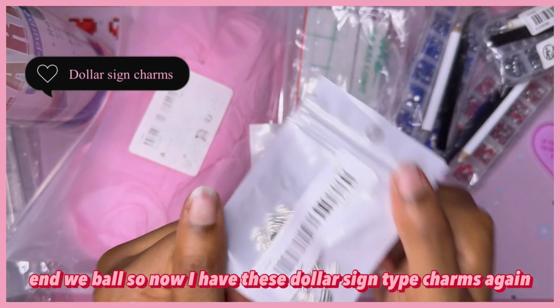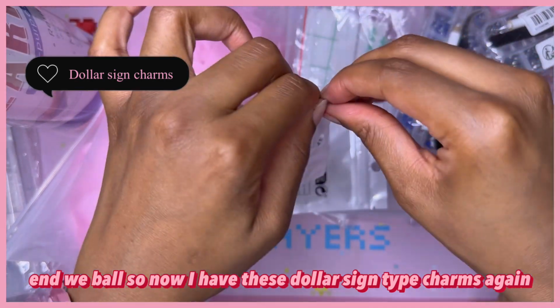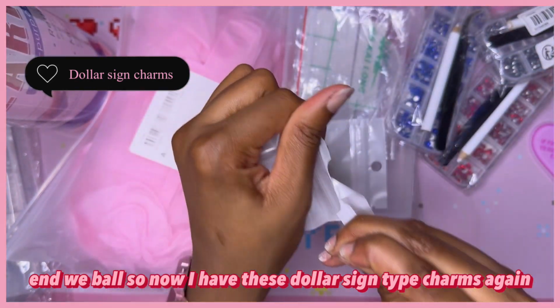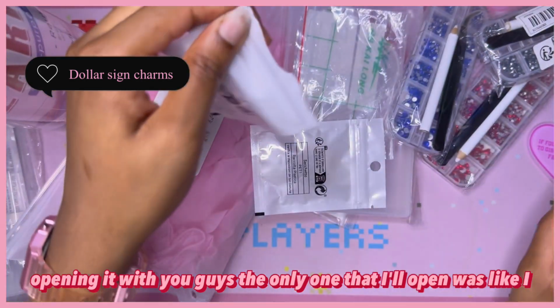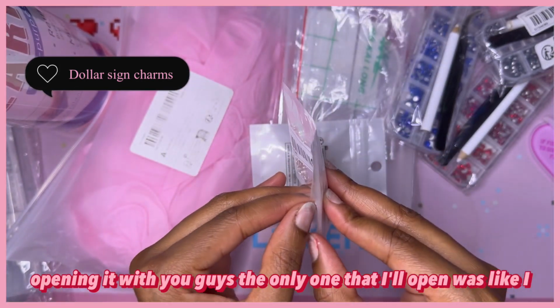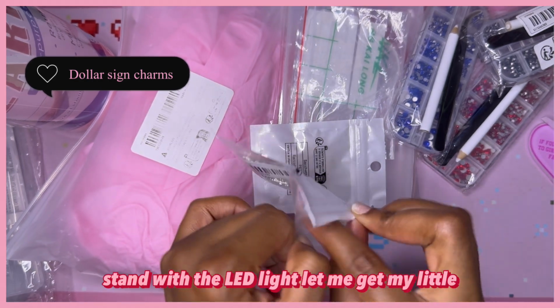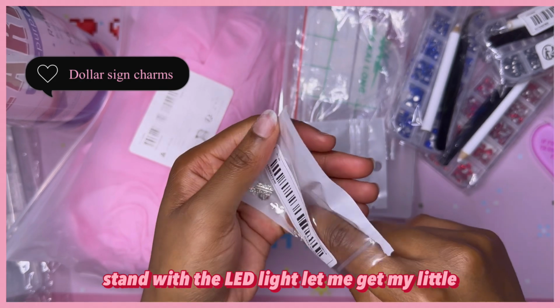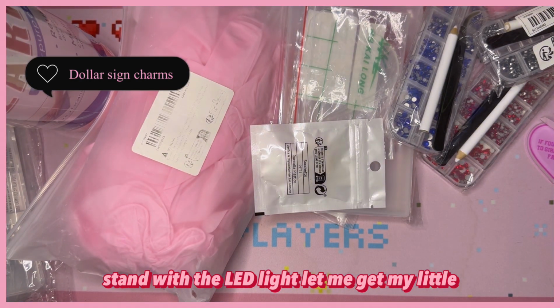So now I have these dollar sign type charms. Again, I didn't open any of these. I am opening it with you guys. The only one that I opened was, like I said, the phone stand with the LED light. That's the only one I opened. But other than that, let me get my little...